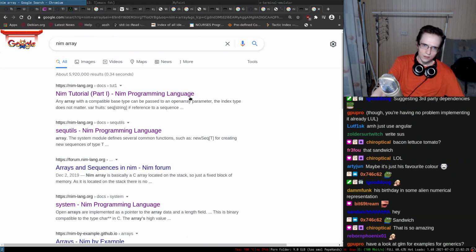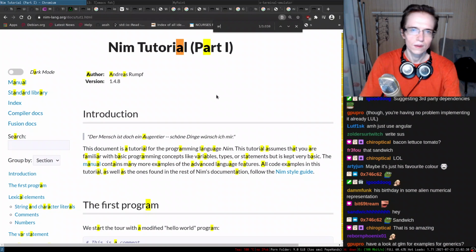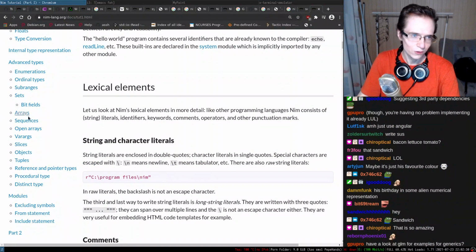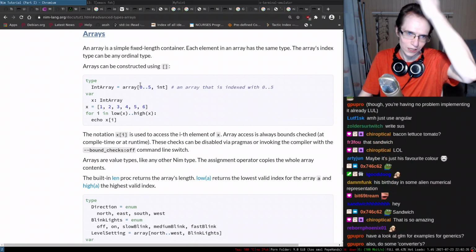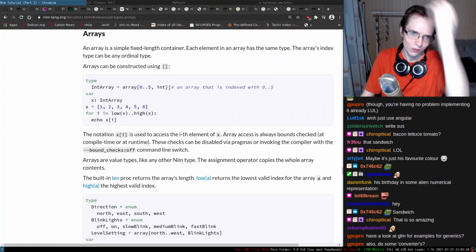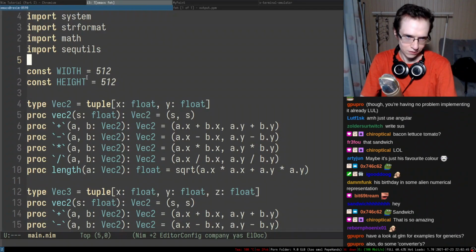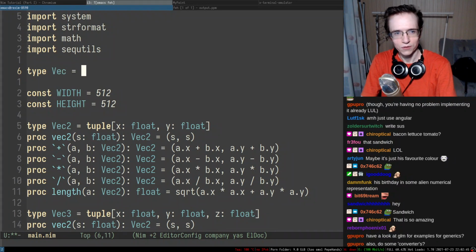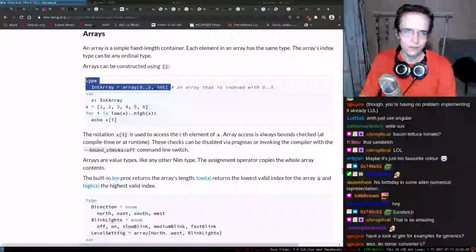So let me see, where is the array stuff? So where is the array? So here are the arrays, right? And you accept a range in here, and we can actually put, I think, yeah. So essentially we can probably have a vector, right? Type vec, which is effectively an array, right? And